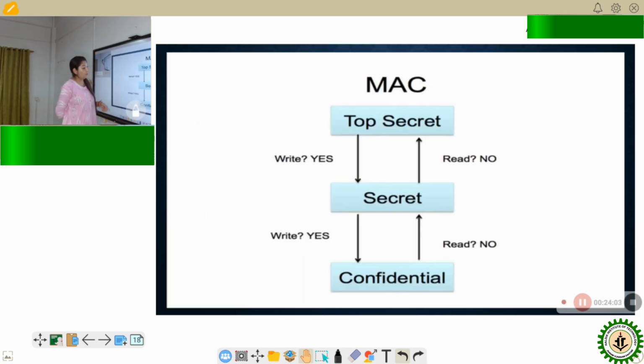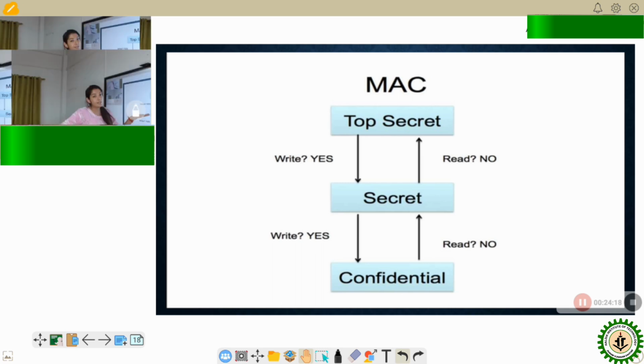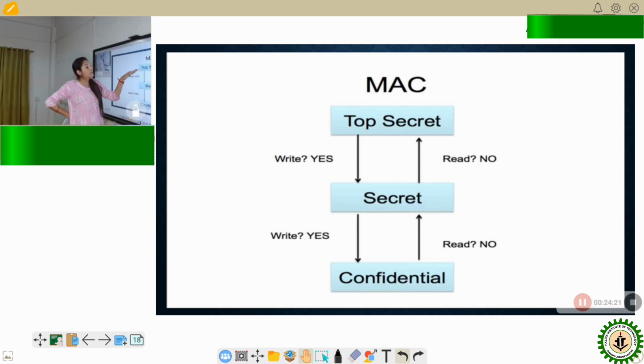So this phenomenon will be better understood with the help of this flow chart. We have plotted here the three security levels: confidential being the lowest security clearance, secret being the next highest, and top secret being the highest security clearance. So here, if someone has confidential security clearance, can he read information at the secret level?